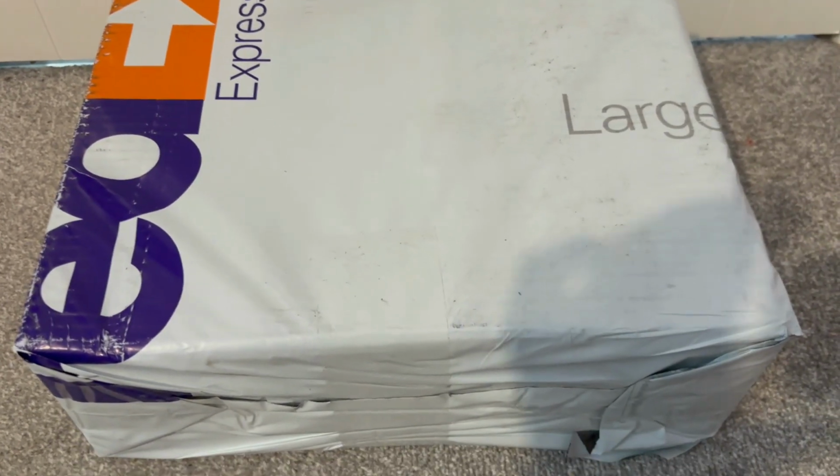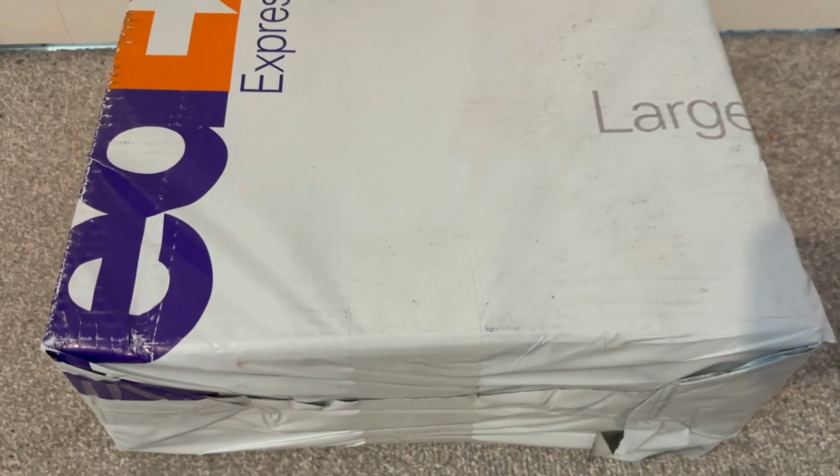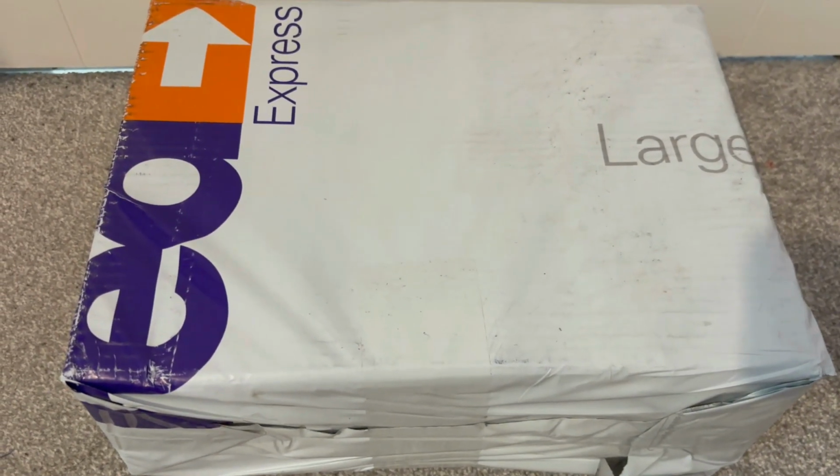Hi and welcome back to another review. As you can see, we've got another pair of trainers. This time it's from a new seller, one that we've not used before,